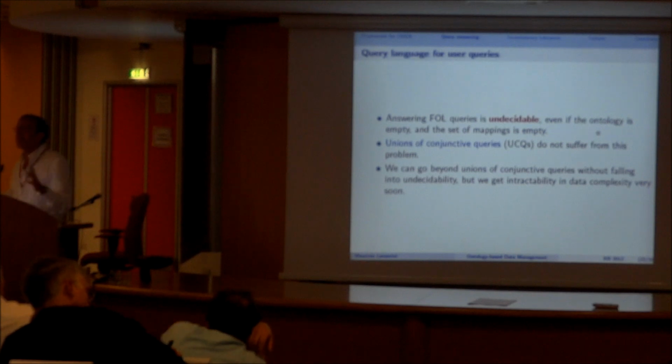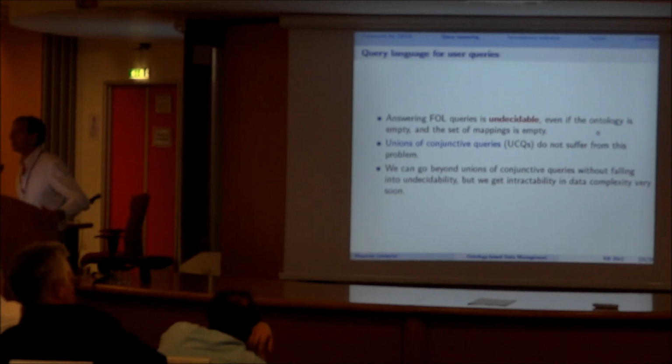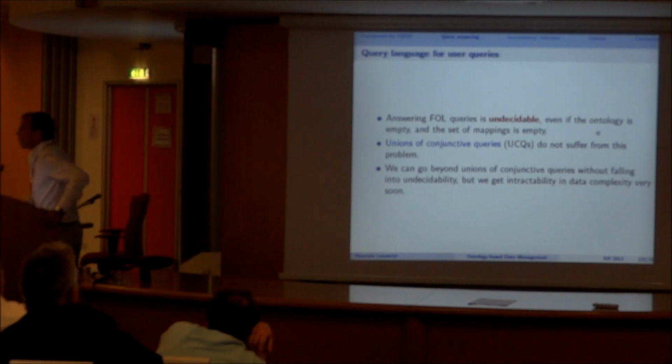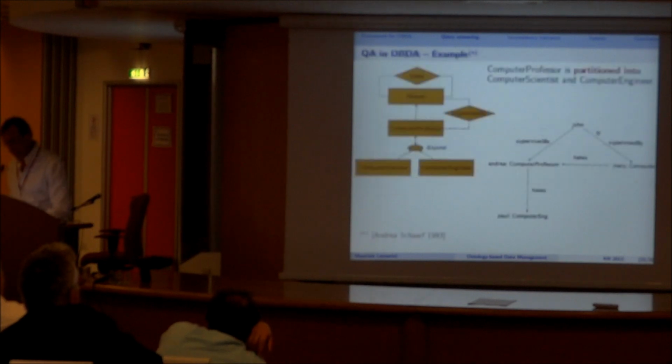Obviously, our dream was to at least use first-order logic, but as soon as you try to use first-order logic, you realize that actually this is an undecidable task. Why? Simply because we are not in a database setting where we evaluate the query over a single structure. We have to compute the answer in every model of the theory, so you can actually express validity as a query answering task. So first-order logic is undecidable. That's why we immediately restrict our attention in this talk to unions of conjunctive queries. So from now on, queries means unions of conjunctive queries.